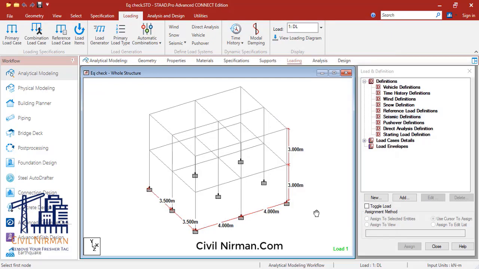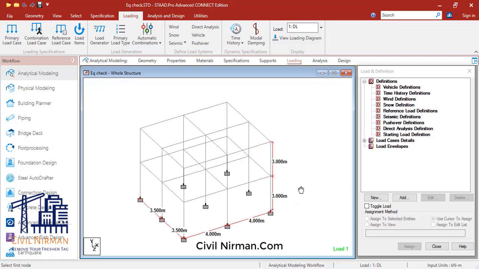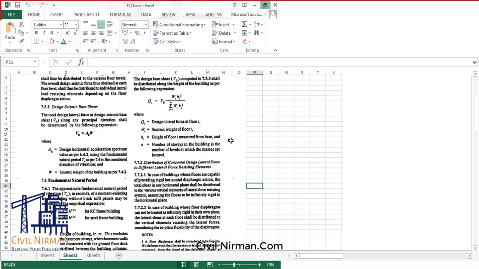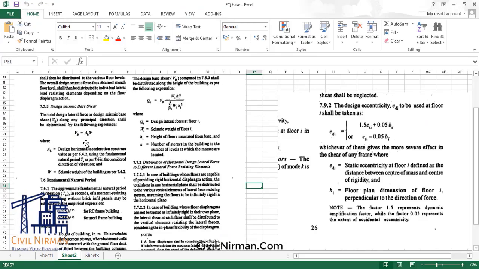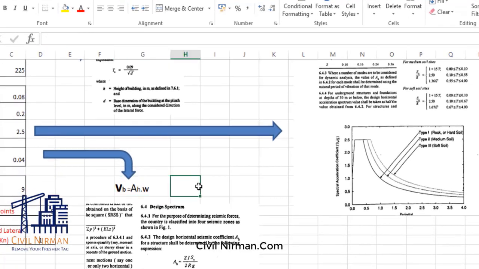So first of all, for your understanding, I have considered a sample frame building which has a 3.5 meter bay in Z direction and 4 meter in X direction. Now to understand its basics, first of all let me tell you that in order to perform the seismic coefficient method, you need to calculate your base shear, right? That is calculated by VB equals AH into W, right? We perform VB equals AH into W, where we need to put all these parameters which are related to your